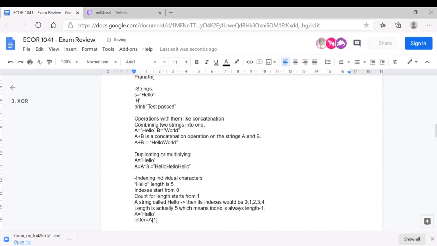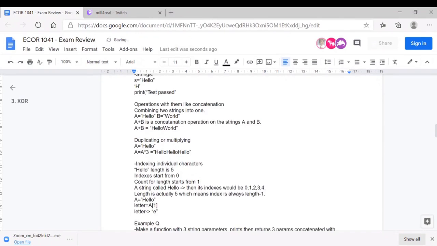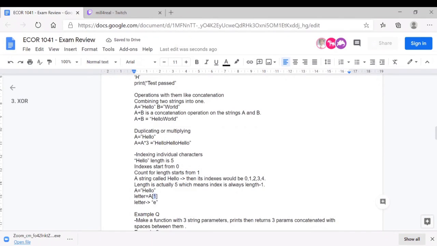And what it actually does is letter gets assigned the value E. Now, why did this happen? Index 1 of a is actually E, and we say letter is equal to index 1 of a. So letter gets assigned E. So that is a way of indexing through your string and accessing multiple elements that are inside the string.